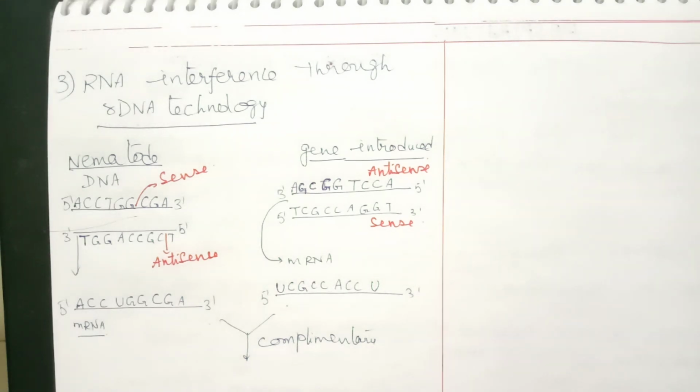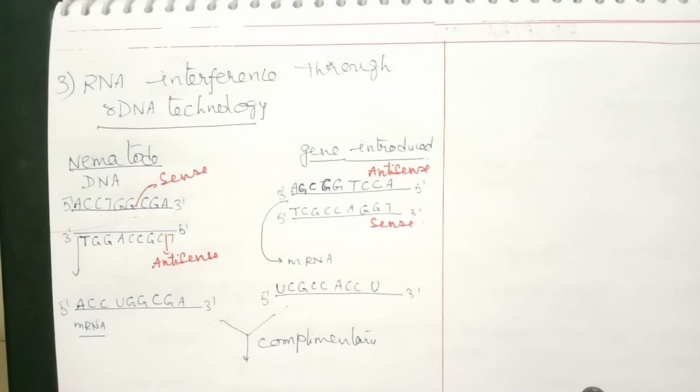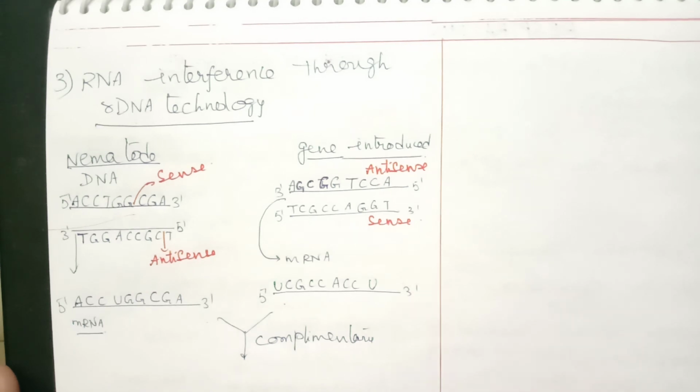This is very, very important, children, from the NEET point of view also. The most important thing is the examples you have to remember. And what is the source of complementary RNA? These questions can be asked. I hope it is very clear. Watch the video properly and make a note of it.